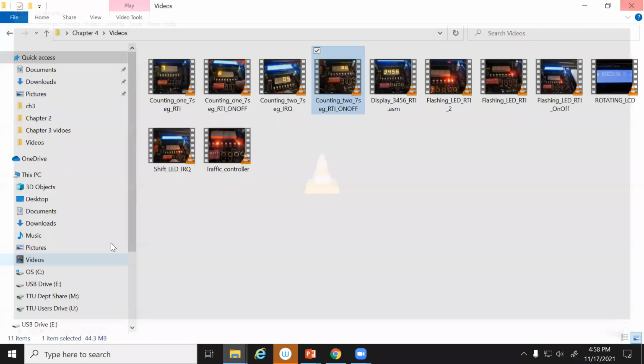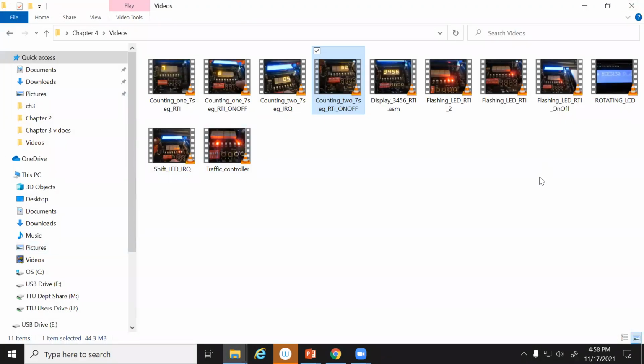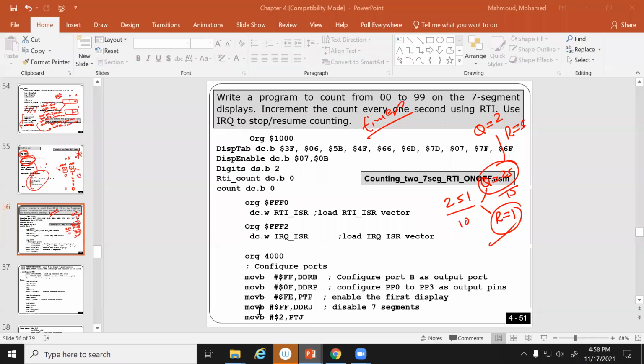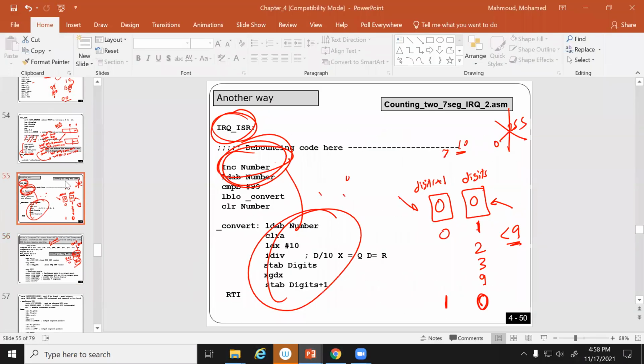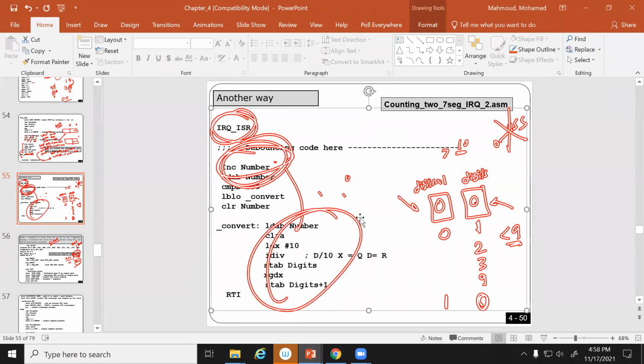So now, what's really interesting, this program is similar to the program I taught right now, but I'm gonna shuffle things. What do you mean by shuffle things? I'm gonna tell you. That's why it's very interesting. I just shuffle things because if you see what I did here, guys,